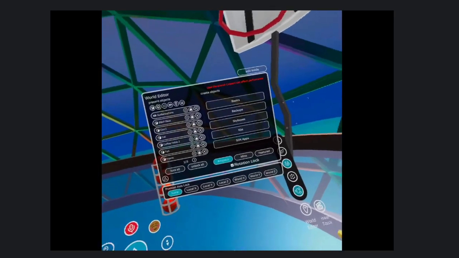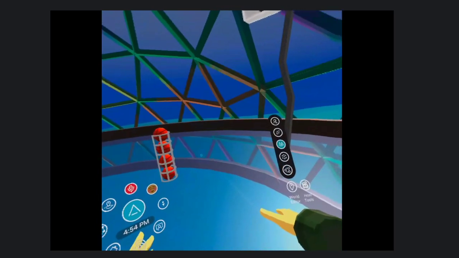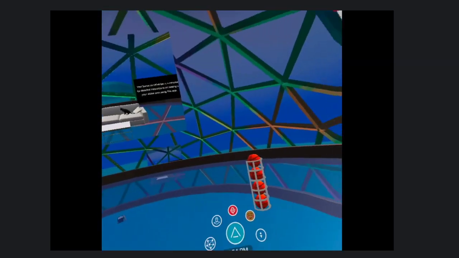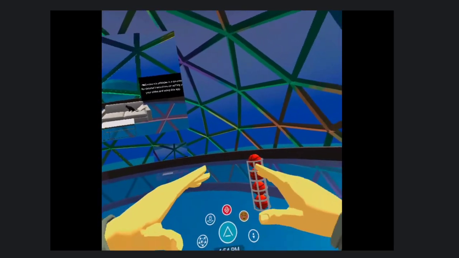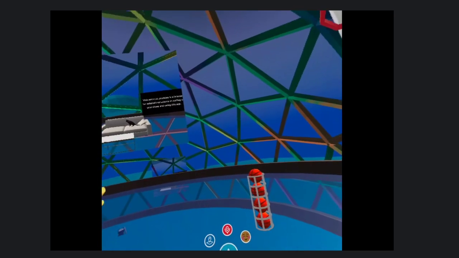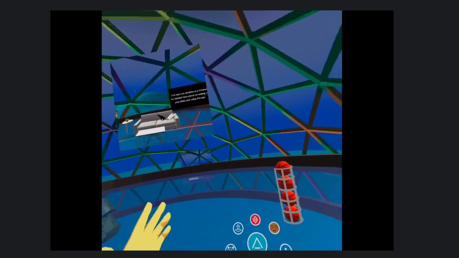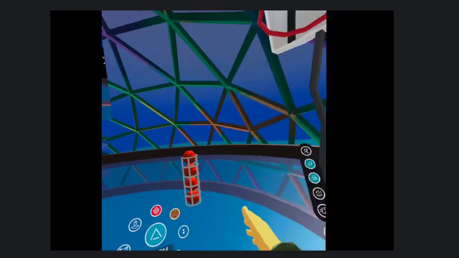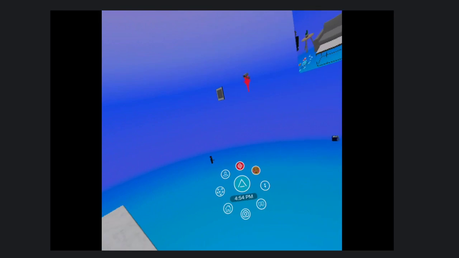Okay, let's go to our edit panel. I want to show you some different things you can put in here. Turn on the flight mode. I can toggle the environment, so I can take off the template. The way a world works, it's first a template, and that's the most stable part, and then you add things in. The more things you add in, the more memory it takes up. However, if you can take those things that you want to add in and add them to the template, it's a lot more stable. So to show you what I have in here without the land, all I really have,